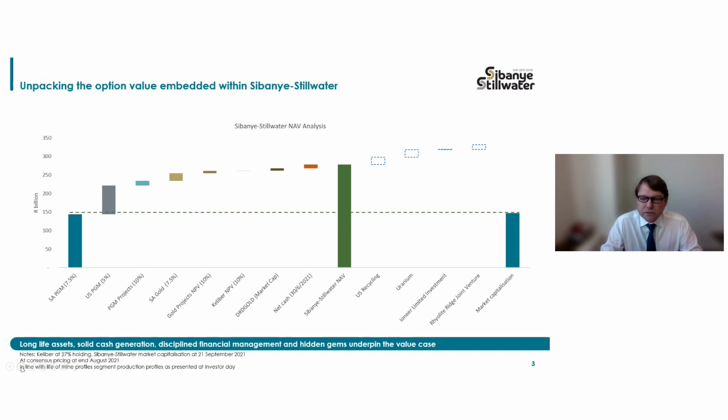Clearly, this business today is not the size of a Umicore or an American recycling, but in itself, it cannot be a business that is valued alongside or within the US PGM business with a straight mining NPV. This is a business model closer to capital goods. We've also explained that within our assets in South Africa, there is a significant value right there,